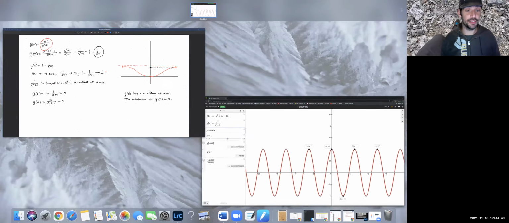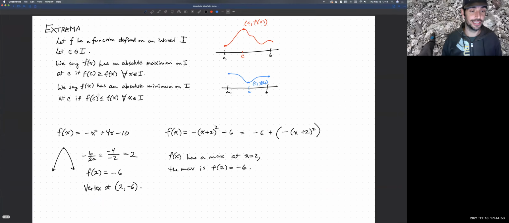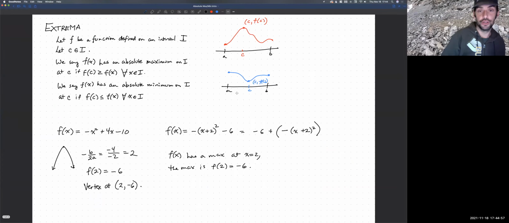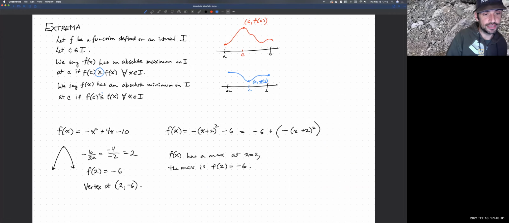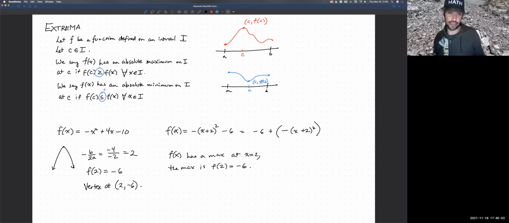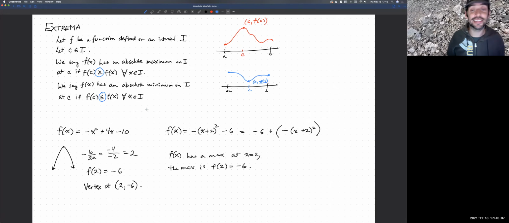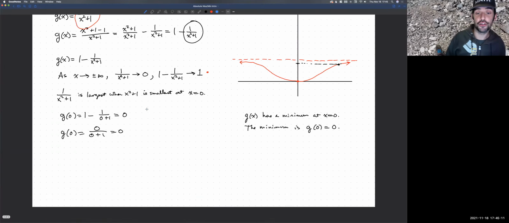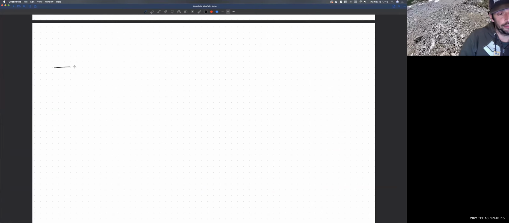Well, there's nothing in the definition that says C is the only number that hits this. Notice we have an "or equal to" in these definitions. So there could be other places that have the same maximum value or minimum value, and those are just other maximums and minimums. And so with a function like cosine,